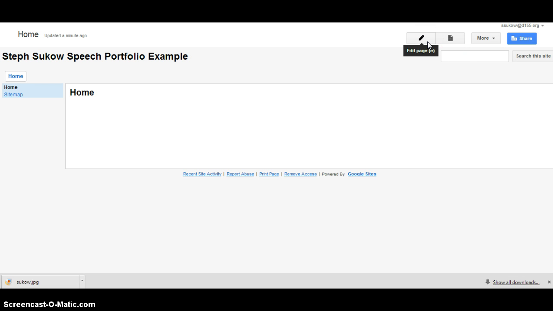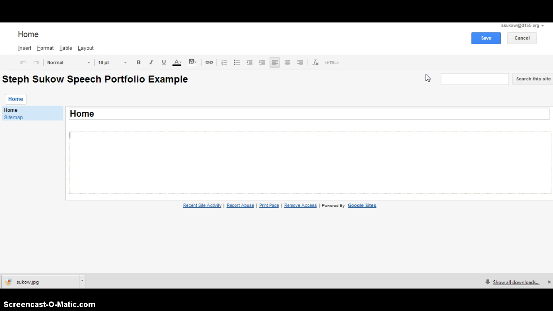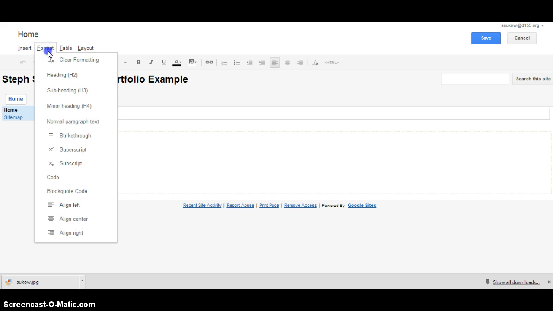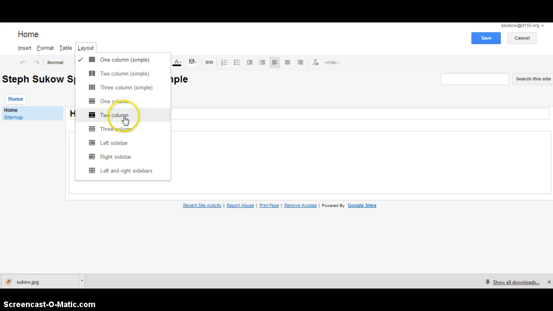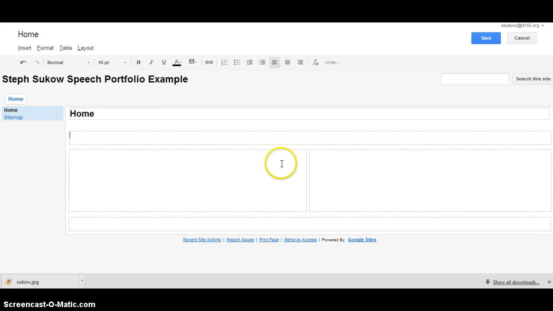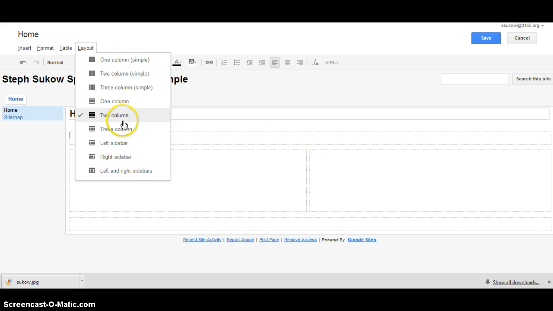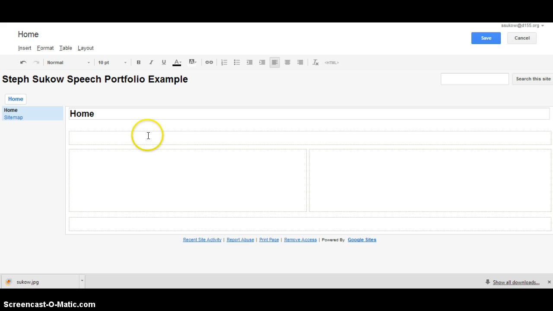So first things first, we're going to establish the home page. Now on this home page, I would like you guys to go to Edit, go to Format, actually go to Layout. Now, under Layout, this two-column option is going to give me some boxes to play with. So there's several different ways that you can design your web page. I like this one because if I want to put a heading here,